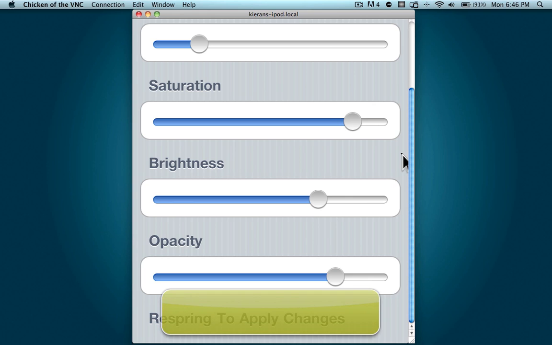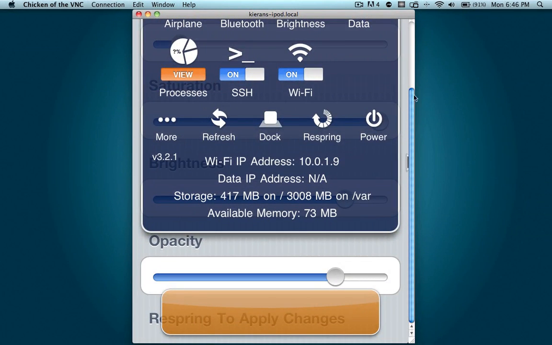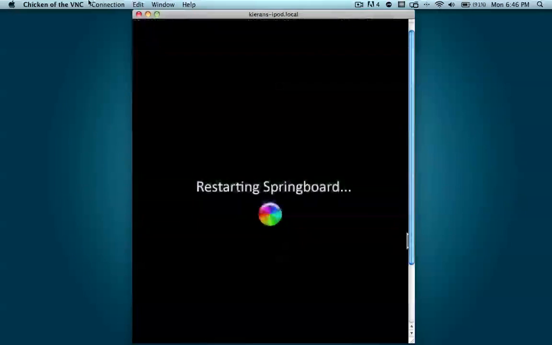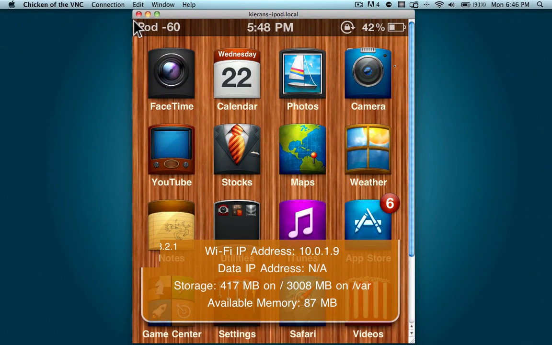And opacity I'll leave the same. That's all good. Maybe brightness, maybe a little brighter. I like a nice yellow-orange color. Let's see how that looks. There we go. Now we have an orange, and I'm just going to respring by scrolling over SBSettings and clicking the respring button. So Vinci's going to close out, and boom, you can see here, as soon as it's done